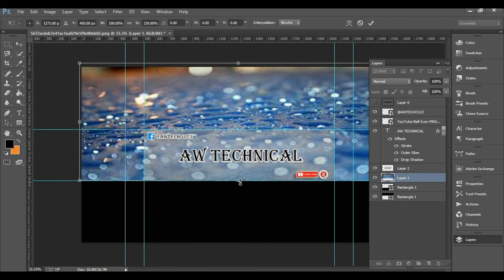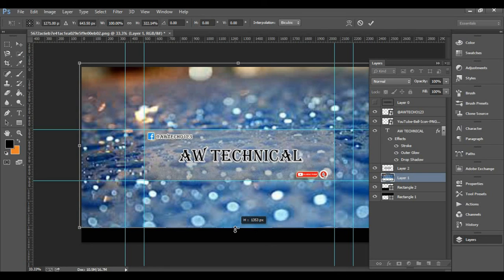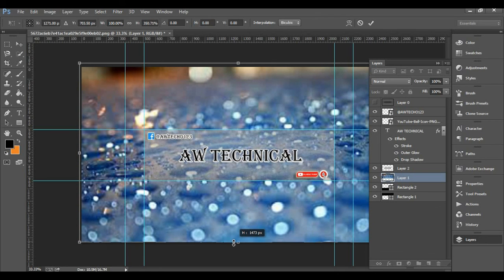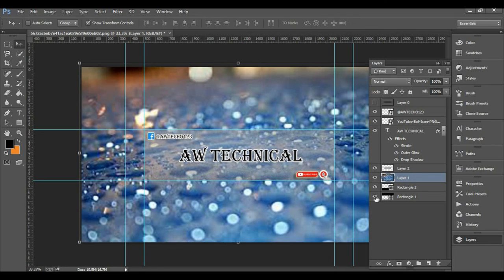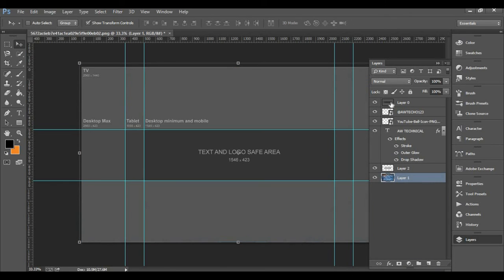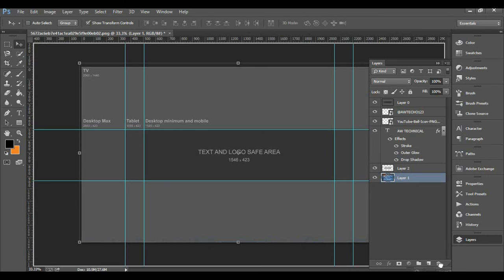Now increase the size of the background image. You don't need these two layers anymore, so delete both of them. You don't need this cover, also delete this.